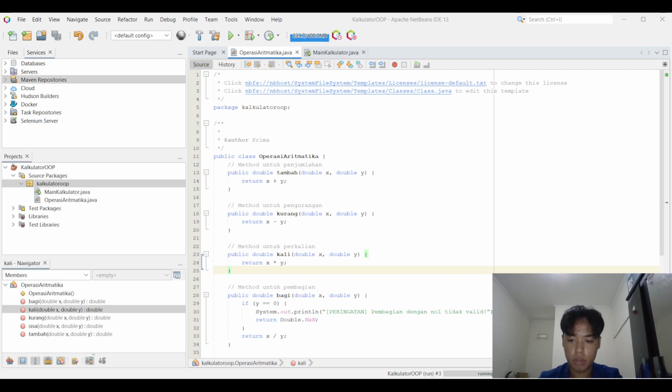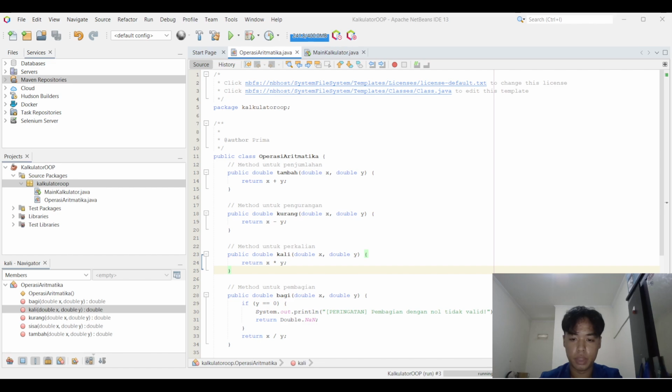The implementation of this system aims to help students understand how objects interact with one another in a program. Through the project, the user can directly observe how data is processed by non-static methods that can only be accessed through an object. This concept is an important foundation in large-scale software development because it makes code easier to maintain, expand, and reuse. So let's go step by step through how I made